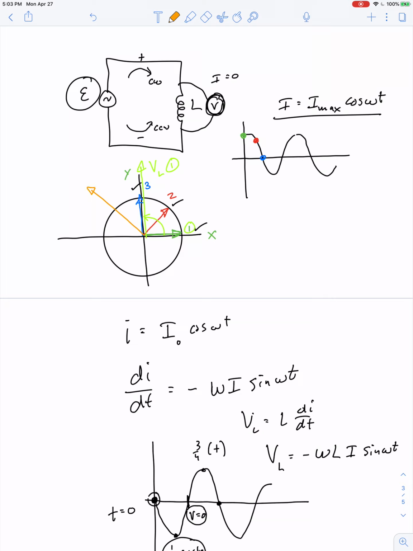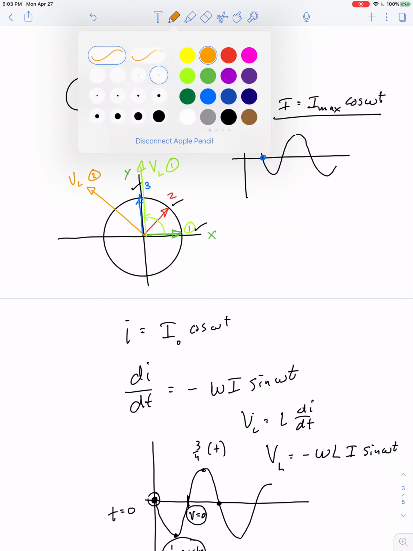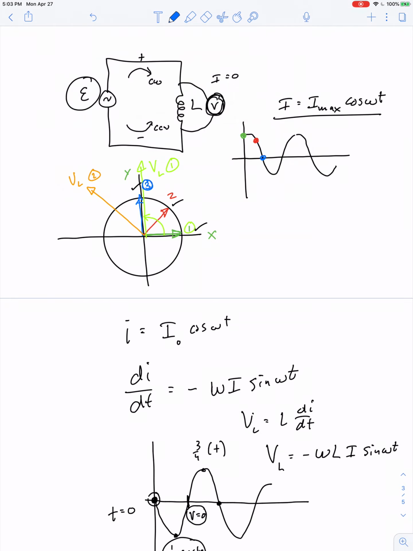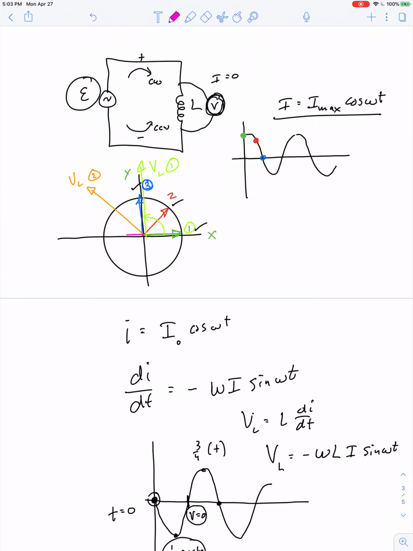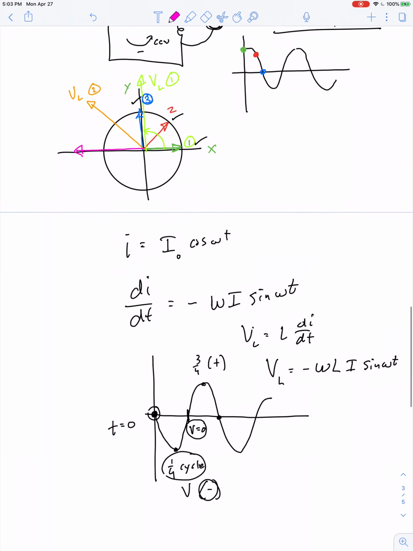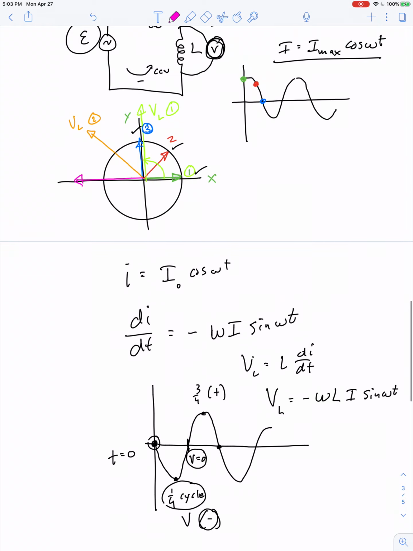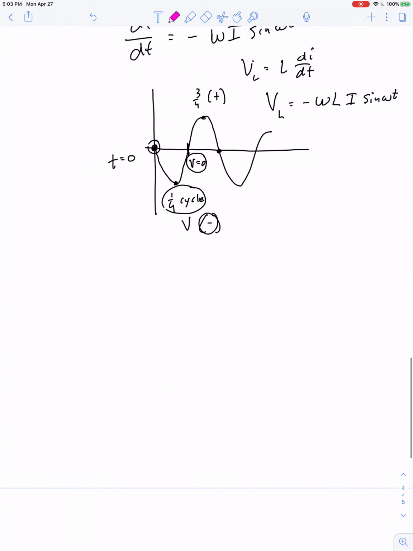There's the voltage across the inductor at point 2. And at point 3, which by the way represents how much? A quarter cycle into the rotation of the current phasor, then the inductor's voltage phasor would point here. Okay, so in general,